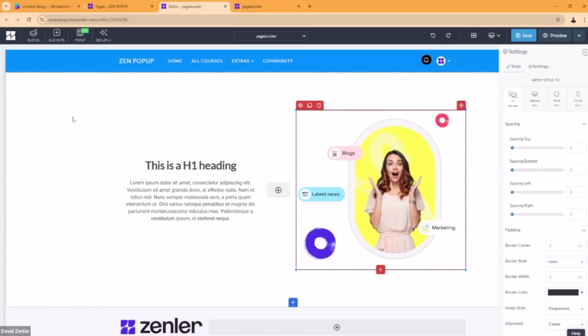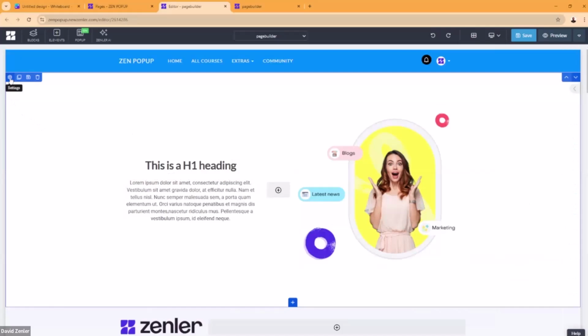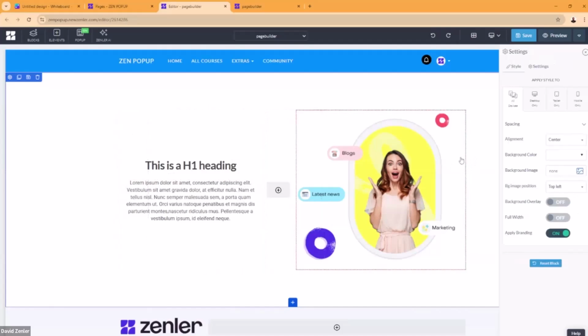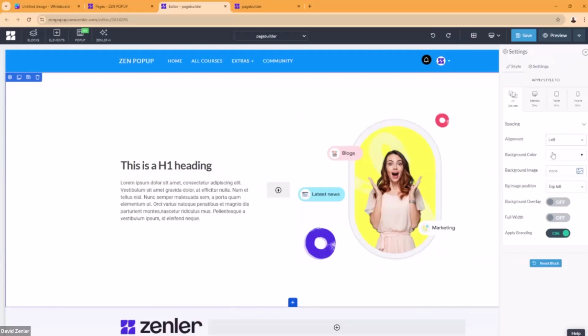So let's have a look now at this. Inside here, this is the main block settings. So this is the blue containing block, as per our little design that we did. And you're going to notice inside here we have settings down here: an alignment, background color, background image, background position. So let's have a look. Alignment, if I put alignment there left, then everything in there will shift to the left. Okay, do you see that? So it's a base control.